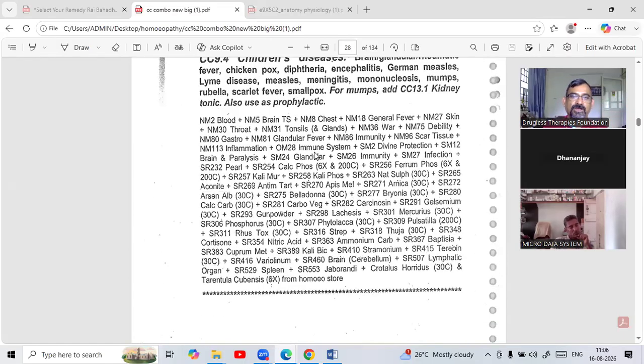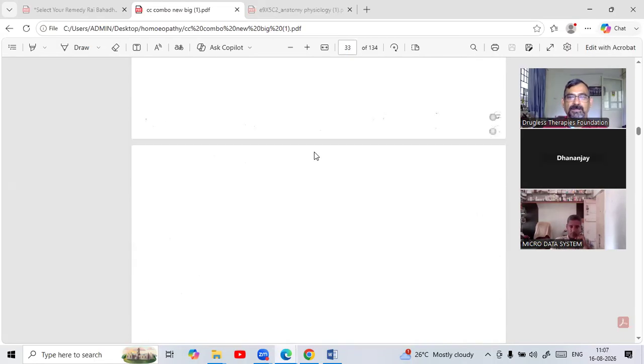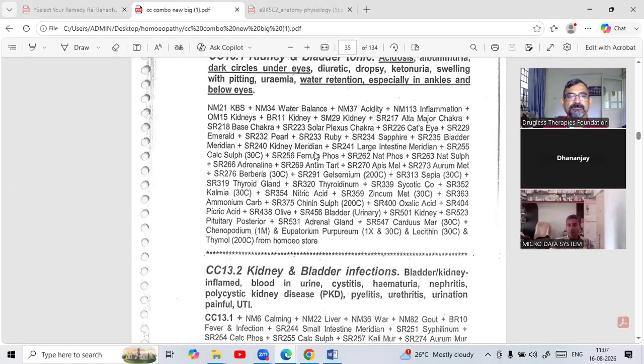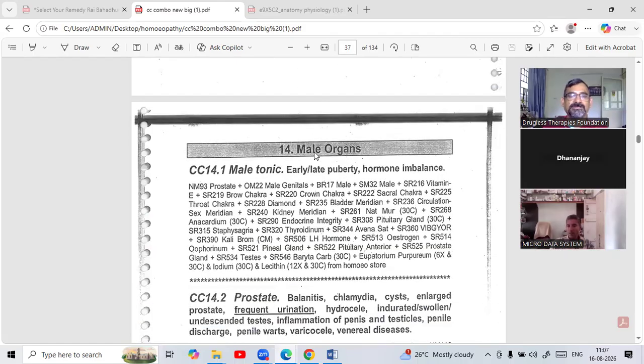Next, we have studied the female side. Now we can go to the male. The male one is 14.1, male organs for every hormone imbalance. See, if any male person is exhibiting some of the female characters, in talking and walking, his mannerisms seem like that, to make him a perfect man, you can use 14.1. The other way, you have seen that in a female, if they are exhibiting male characters,